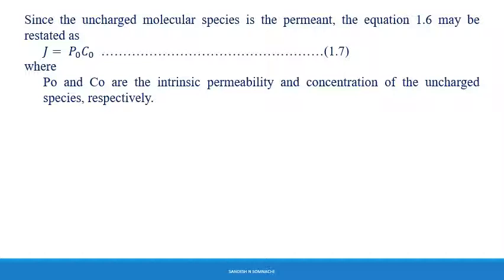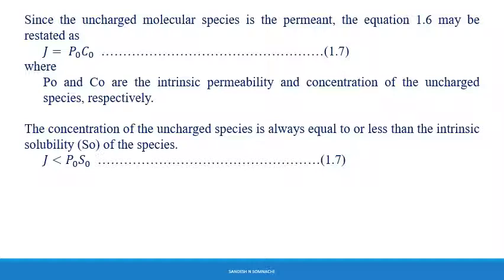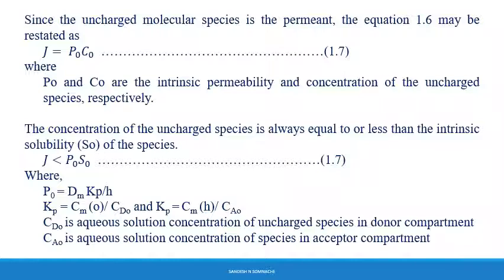The concentration of the uncharged species is always less, that's why J is less than P0 S0. S0 is the intrinsic solubility and P0 is the intrinsic permeability. Intrinsic permeability is equal to Dm Kp upon h,